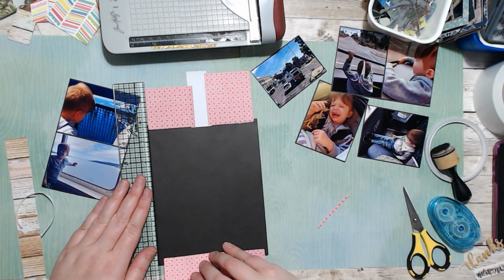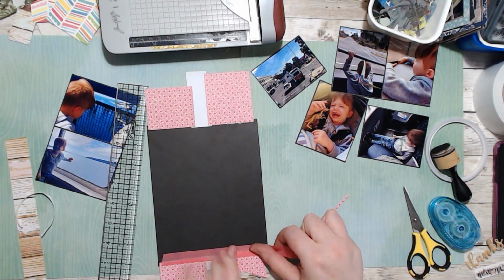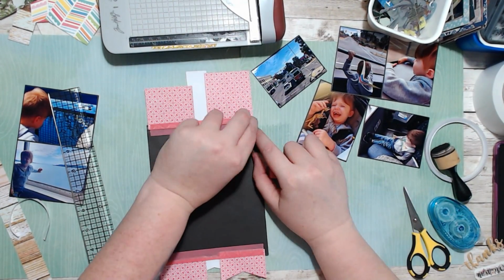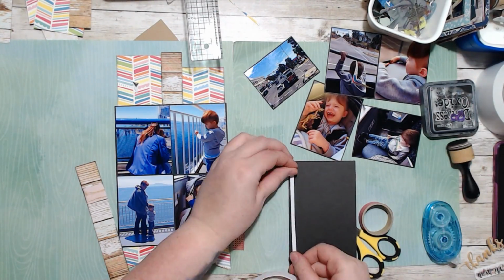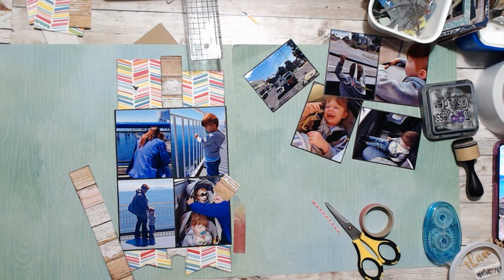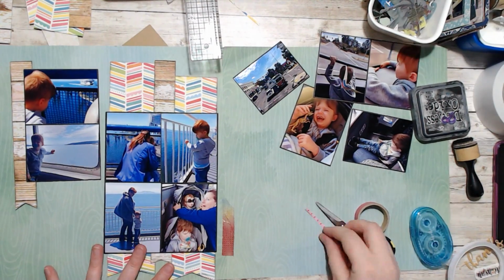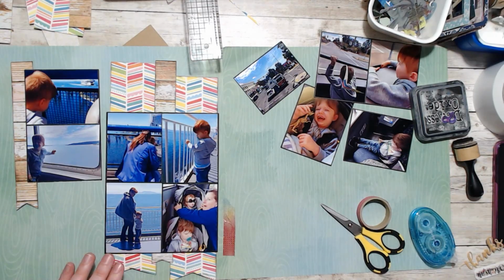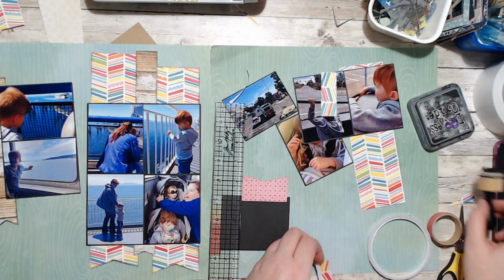So I wasn't sure how I wanted my 2-page to go because I'm not following a sketch or anything like that. So I always make sure to washi tape my pages together. That way I know exactly where things should line up and should sit. And so once I have my pages together, then I can really determine what I want things to look like. See, I'm just paper piecing